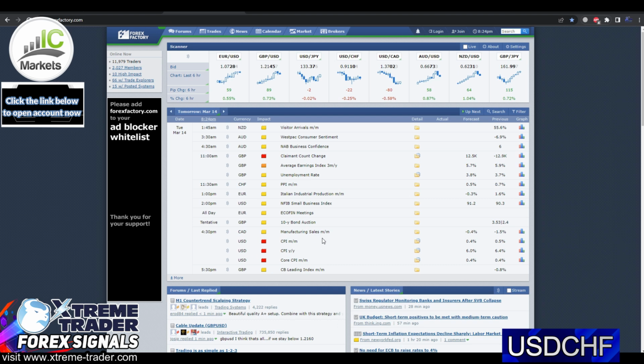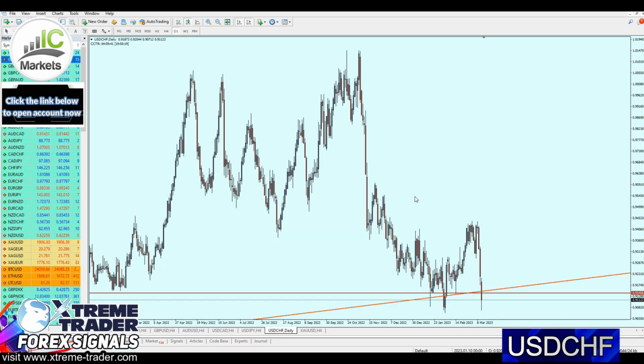Don't ever keep any position opened during these news. I highly recommend everyone to close your positions before the news are out, and after the news are making an impact on the market, you can either reopen your position or just consider opening it in the other direction. Of course, it depends on the impact that the news have made on the market. However,